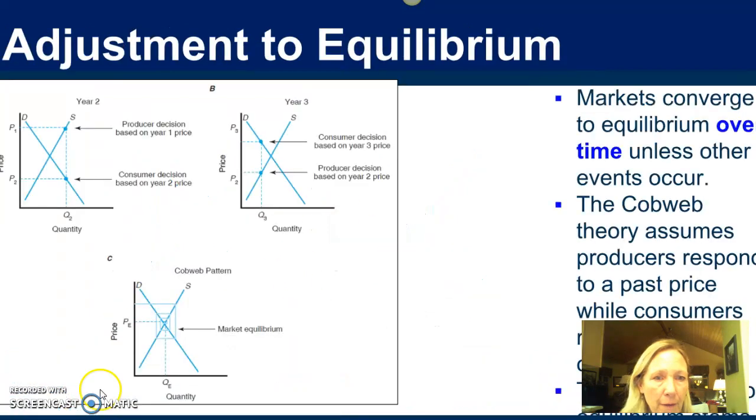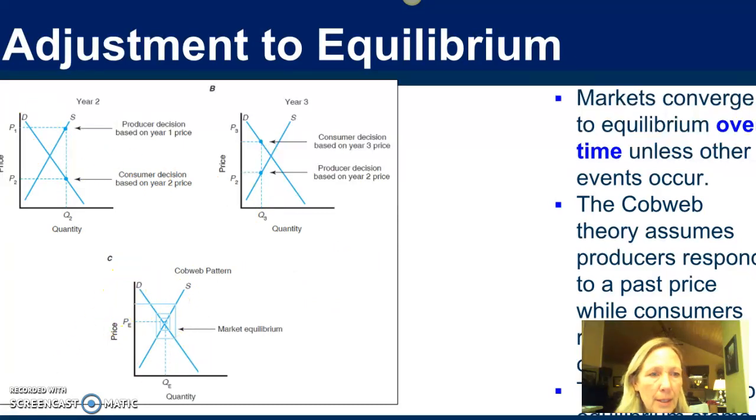And I think that's about it for this chapter. They talk about the cobweb adjustment to equilibrium. And basically, that comes about because producers, think about it, this really happens in farming, producers base their decisions on last year and last year's prices and last year's costs of inputs and things like that, whereas consumers respond to current prices. So that is how we get this cobweb adjustment that the textbook talks about. And you can read a little bit more about that if you want, because I'm just about out of time